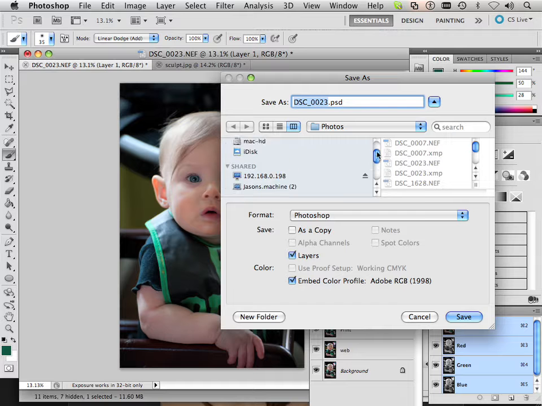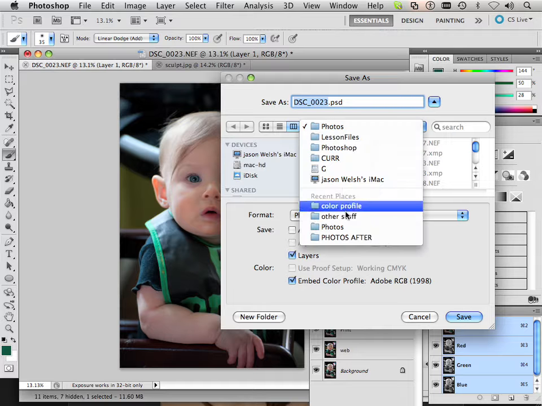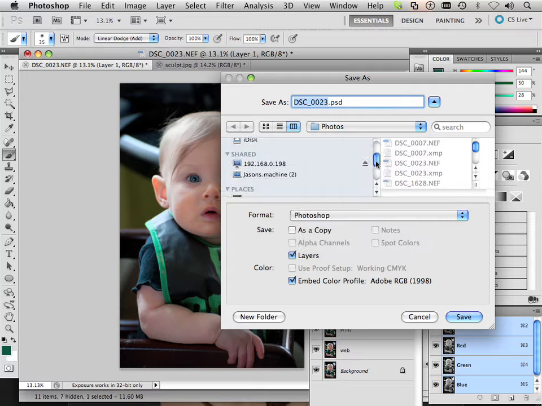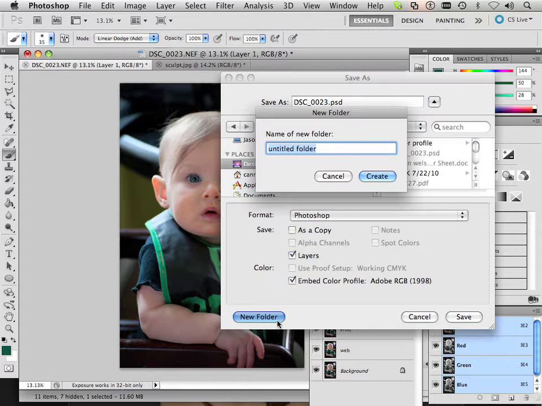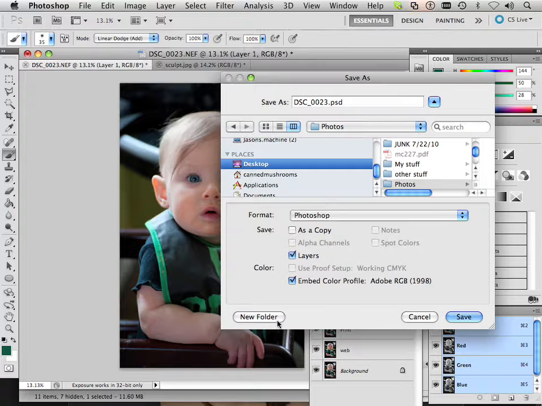This will save it as the maximum quality JPEG. So what I usually do with my photos is I have two variations. And keep in mind, I use Lightroom a lot more than Photoshop sometimes, but when it comes down to noise reduction and stuff like that, I have to use Photoshop. So what I usually do is this. Let me go over to the desktop first and make a new folder called Photos. Okay, and in Photos, I save